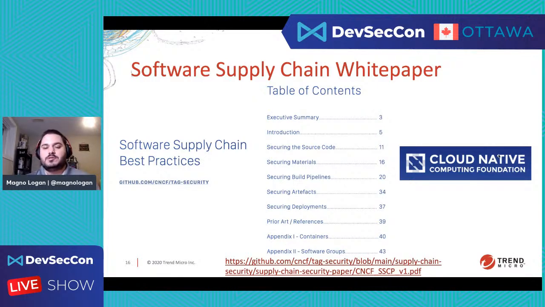It basically covers best practices that you want to follow to protect your pipeline, from the source code to the build pipelines and artifacts, and how you should implement security controls there to verify that exactly the code being produced by your developers and committed to your repos is the code running in your applications in production, right?